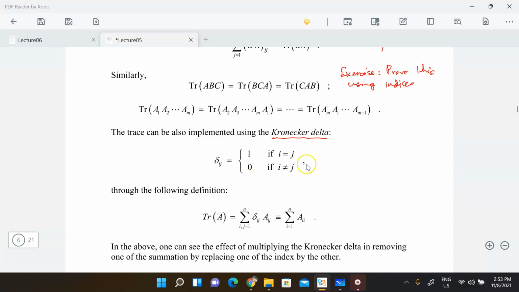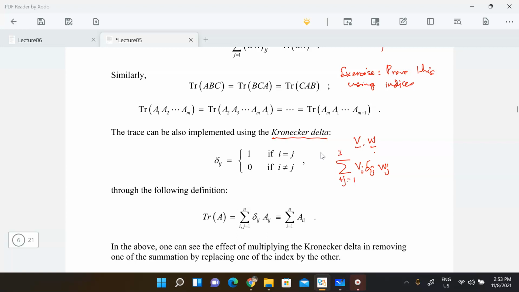I'll tell you one particular place where you use this. Remember the dot product of two vectors. So if I define the vector to be just a single index object as Vi, and then the other vector here will be, say, Wj. In order to implement v dot w, I need a delta ij here, and I need a sum over i and j,